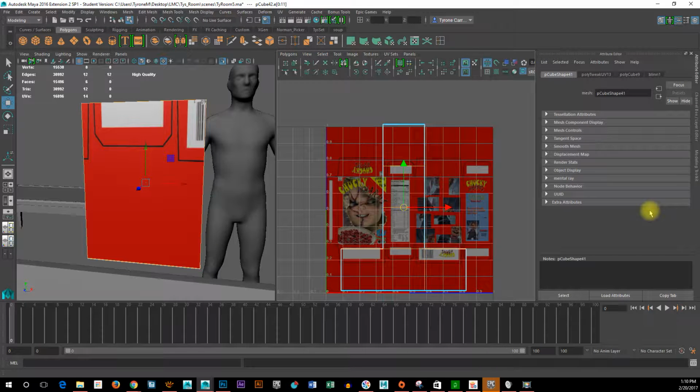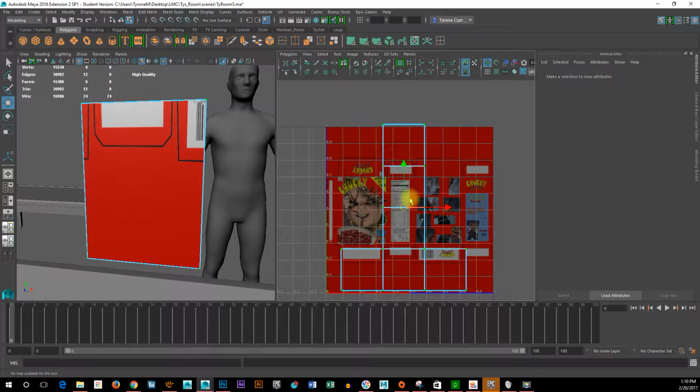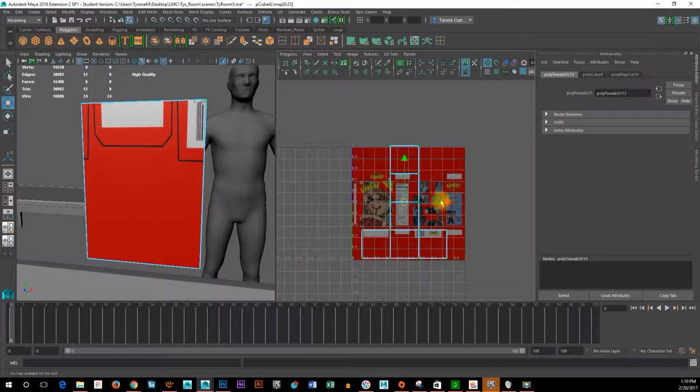I wouldn't do this on a super dense, complicated model this way, but for a simple one like this, it's just going to be really quick. And what I would do, I'd select them, and then I click on this guy right here, separate the UVs, and now you see all my lines are thick. And what that basically means is that if I grab this, move this out of this little space called the 0 to 1 space,